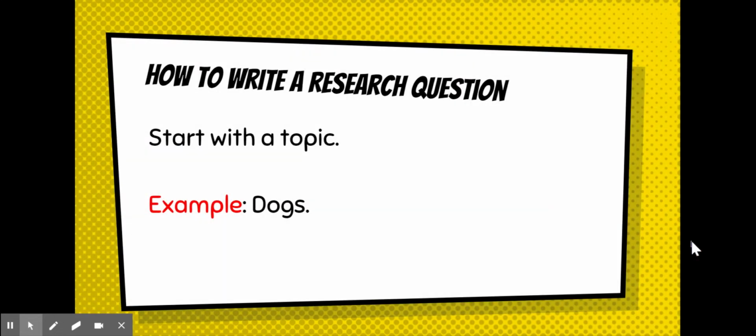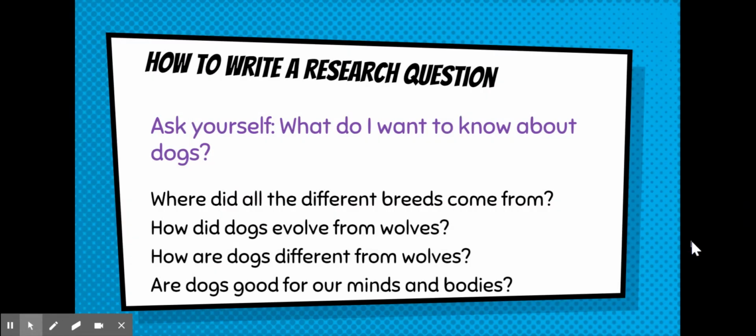Okay? Step one to write a research question is to start with a topic. What topic are you interested in? For example, dogs. I picked an easy one to make an example here. I bet your topics are way cooler than this, but let's say you have 10 dogs or you have 0 dogs, but either way, you have lots of things you wonder about dogs. So you have to ask yourself, dogs isn't enough. That's not a research question. You have to ask yourself, what do I want to know about dogs?